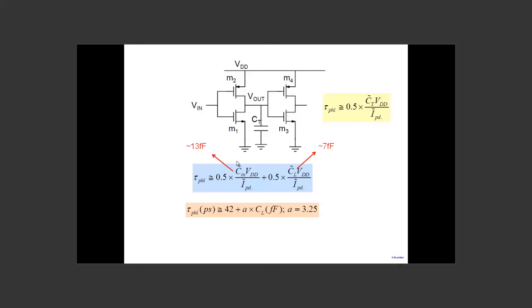These values that you see here, I did the calculation assuming this was 4 lambda by 2 lambda and this was 8 lambda by 2 lambda. Now suppose I take each one of these transistors and I double their size. So this becomes 8 lambda by 2 lambda and this becomes 16 lambda by 2 lambda. So I'm doubling the size of M1 and M2. So roughly what would happen is if you double the size, the pull-down current would double. The pull-down current would double, and the argument is if I double the size here and double the size here,